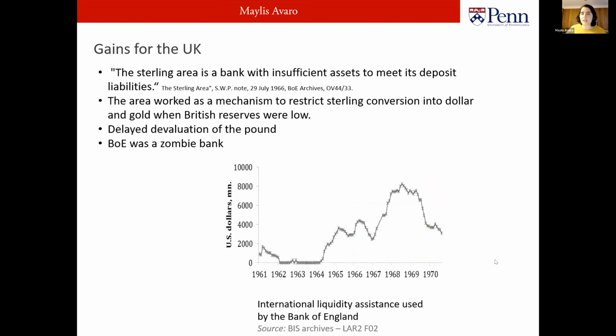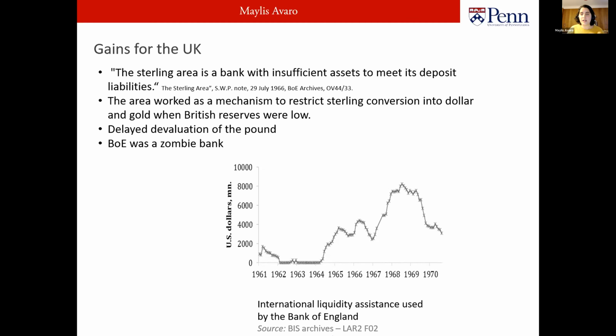And so what was the gain for the UK of such a captive market and all these capital control rules and negotiation? I argue, actually using the words of some Bank of England official, that the sterling area can be seen as a bank with insufficient assets to meet its liabilities. The liabilities are this huge war debt, and the Bank of England has not enough assets to meet its liabilities. And so the area worked as a mechanism to restrict sterling convertibility into dollar and gold when British